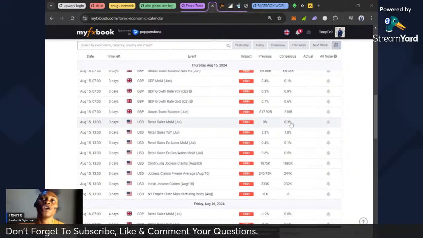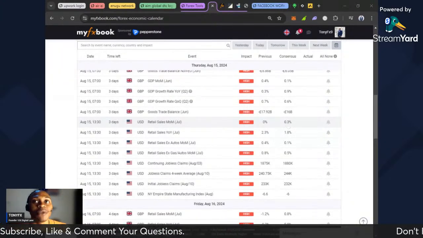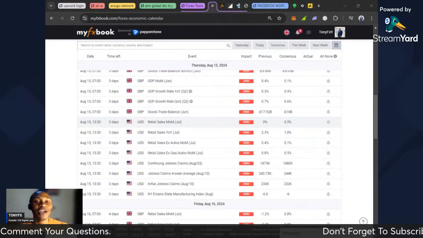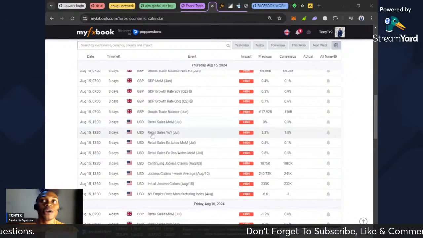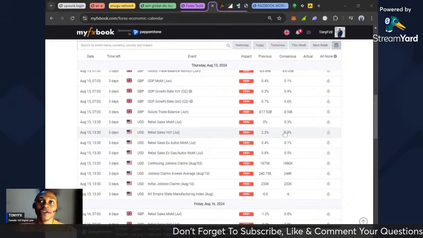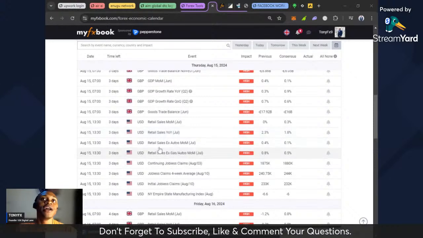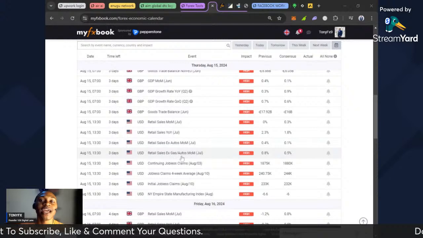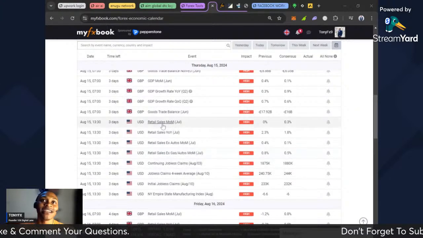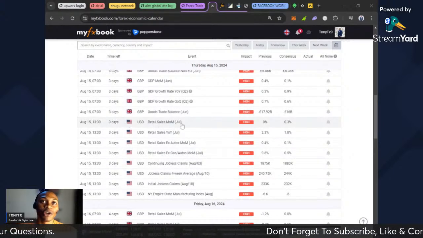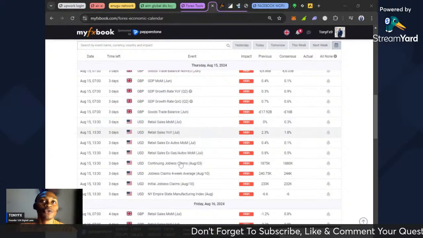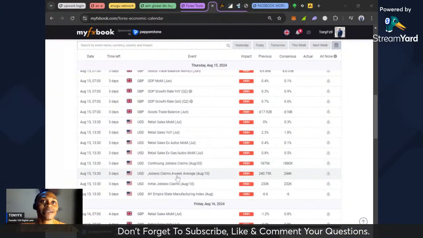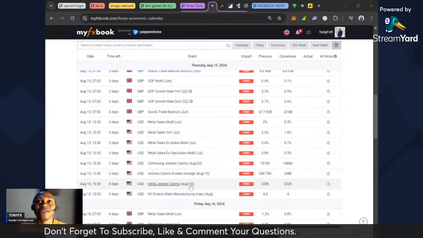Analysts are saying it's going to be 0.3%, which is higher than the previous of 0%. If that happens, the dollar will be strong. Then we have retail sales year over year, and retail sales ex auto motors, retail sales ex gas and auto motors. Everything here is a derivative of retail sales, so we'll be much more interested in retail sales month over month. Then we have continuous jobless claims as well on that same day, and the one we'll look further into is the